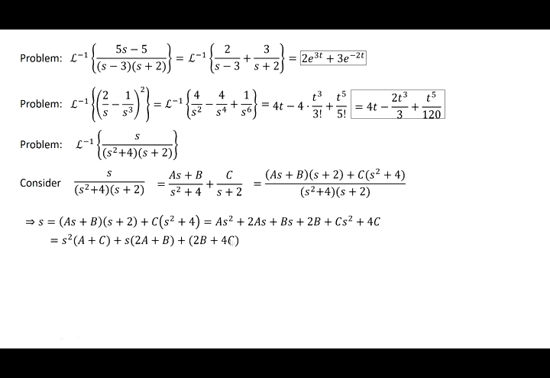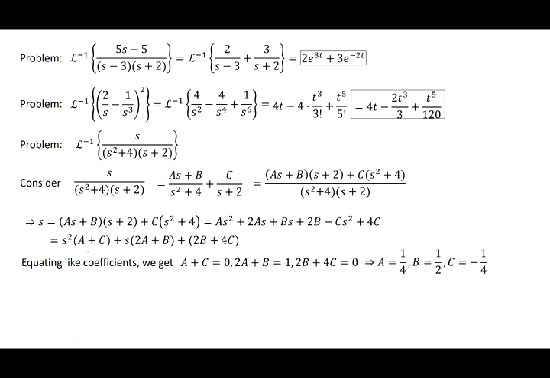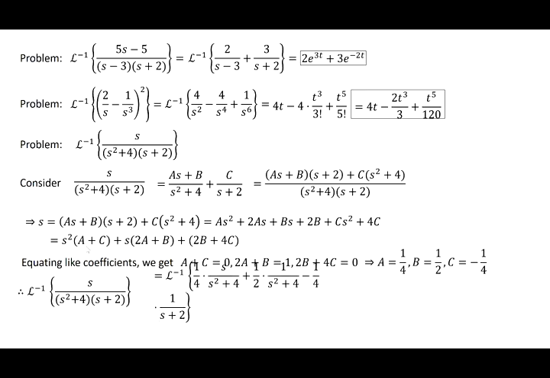That is, the coefficient of s squared on the left hand side should equal the coefficient of s squared on the right hand side, and so on. And we get 3 equations and 3 unknowns, and that turns out to be this, ladies and gentlemen. And so the Laplace inverse of that is, oh crud,